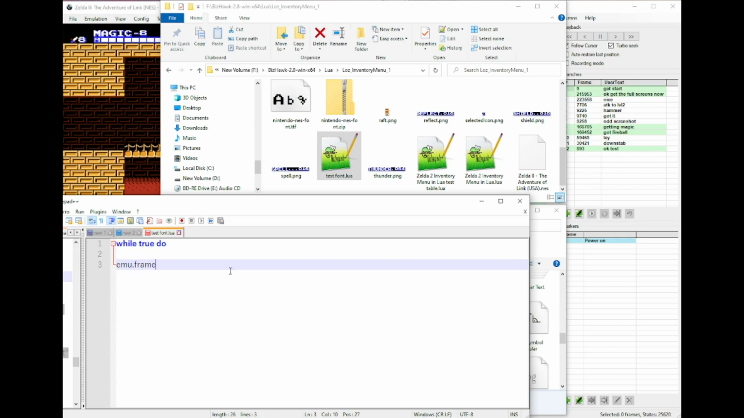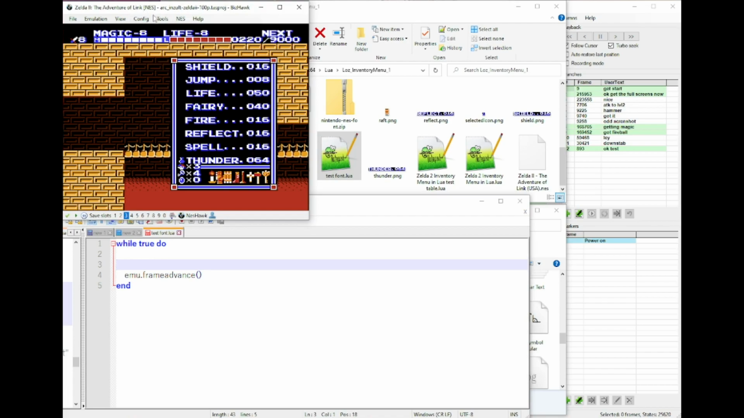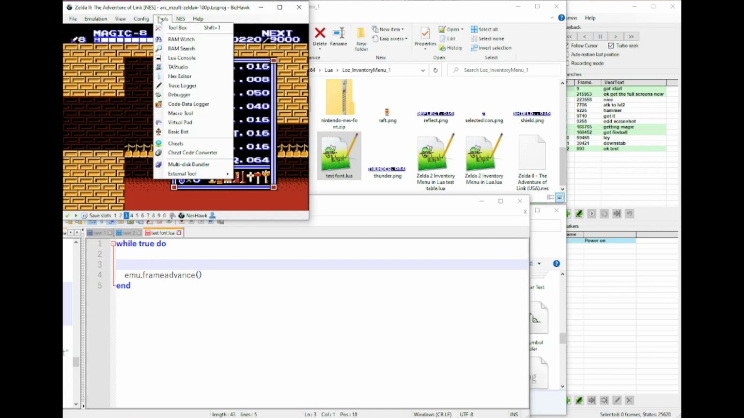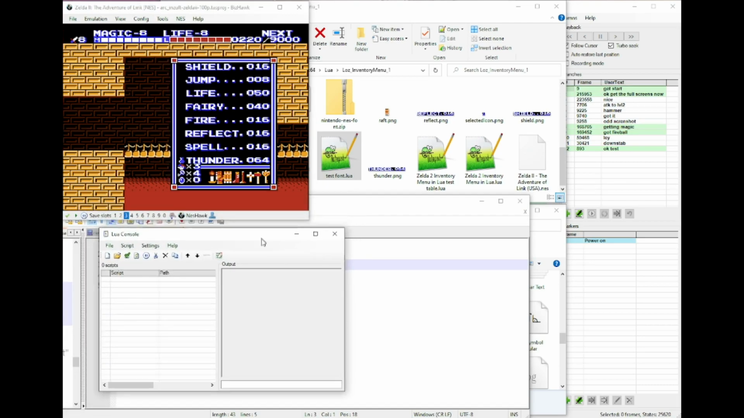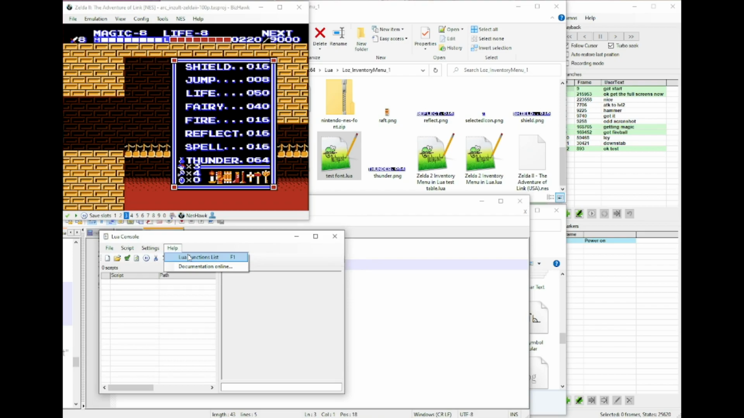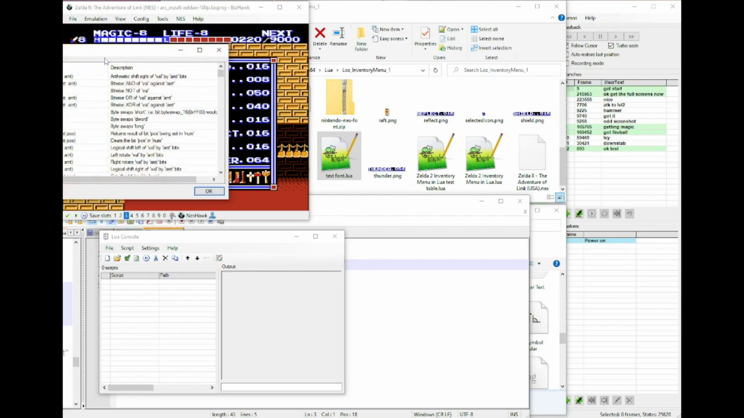Make a very quick beginning script here for Lua. And we are going to find how to draw text. We're going to go to the Lua console, open this up, help, Lua functions list,